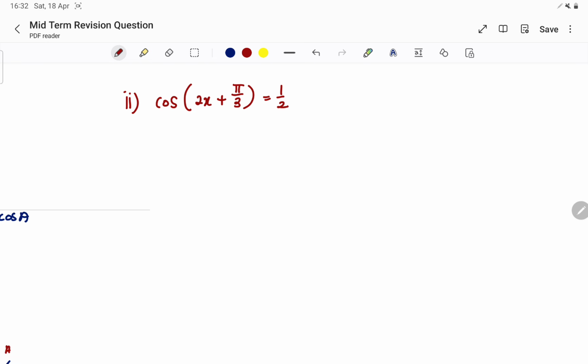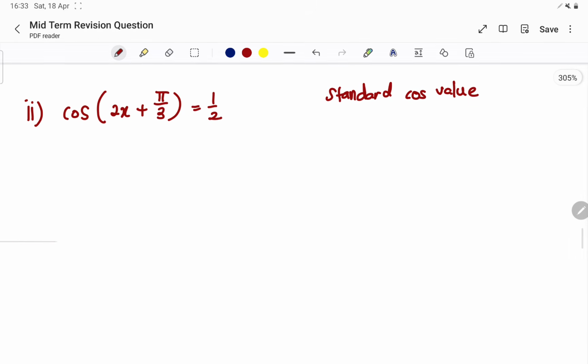Okay, now we proceed to the next question, where we have cos of 2x plus pi over 3 equal to 1 over 2. Okay, now we know that this is cos, right? So now we have to do the standard cos value first. Instead of straight away finding the value of x for cos of 2x plus pi over 3, first you use the standard cos value. By right, instead of using 2x plus pi over 3, just use x first. Okay, so we use the standard cos value, a basic cos first, which is we put cos x equal to